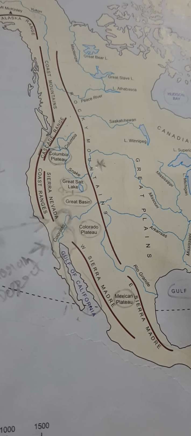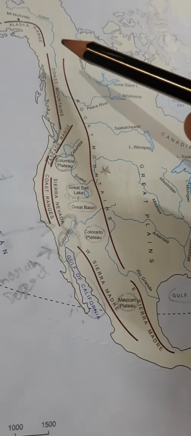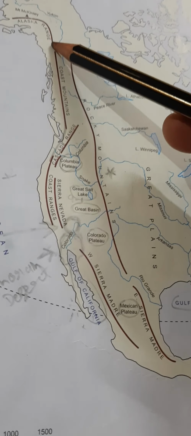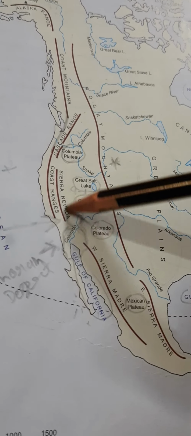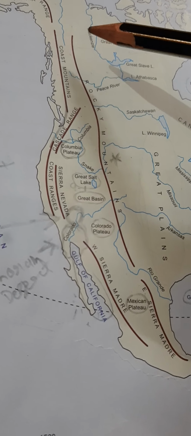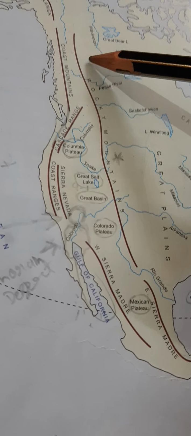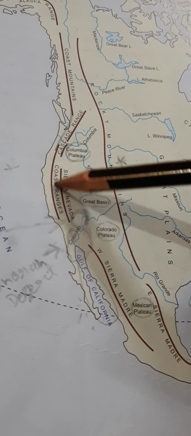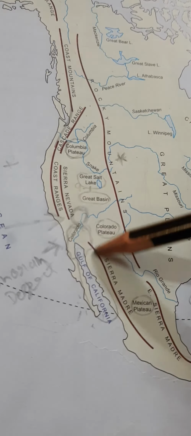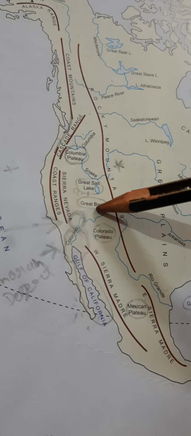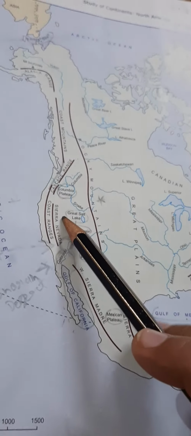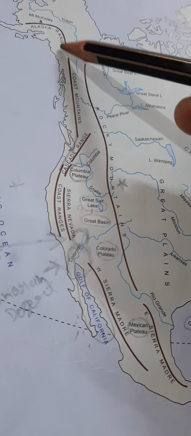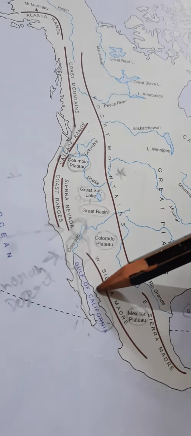Okay, so let's start. A Western Cordillera is a chain of parallel mountain ranges. You can check here all these brown arcs. These are the mountains and their ranges. You can check that these are parallel to each other, one after other. They are not crossing each other, they are not cutting each other, they are parallel to each other. The Western Cordillera runs along the western side of North America. Of course this is east, and this is west. So the Western Cordillera runs along the western side of North America from Alaska to Panama.